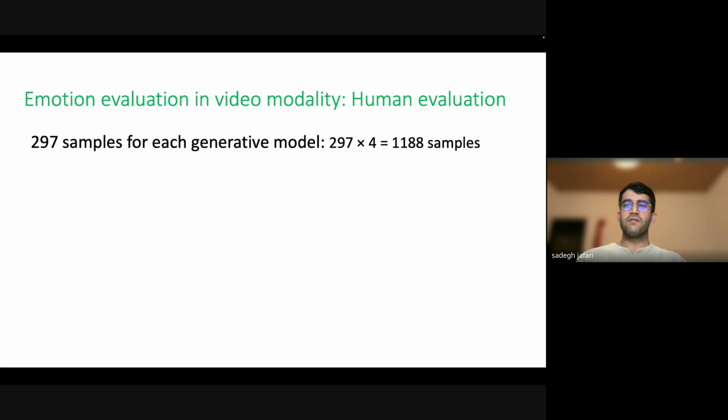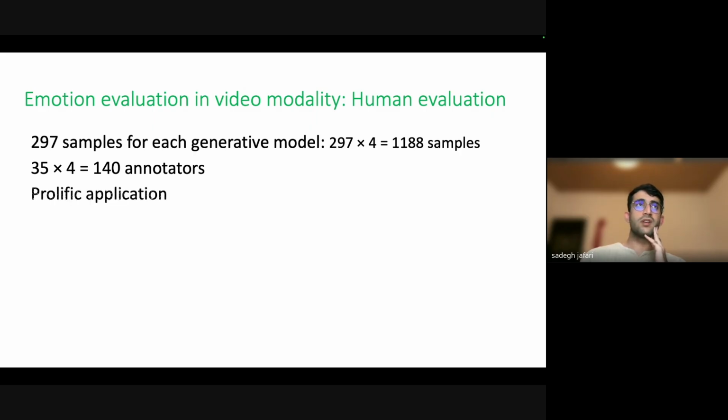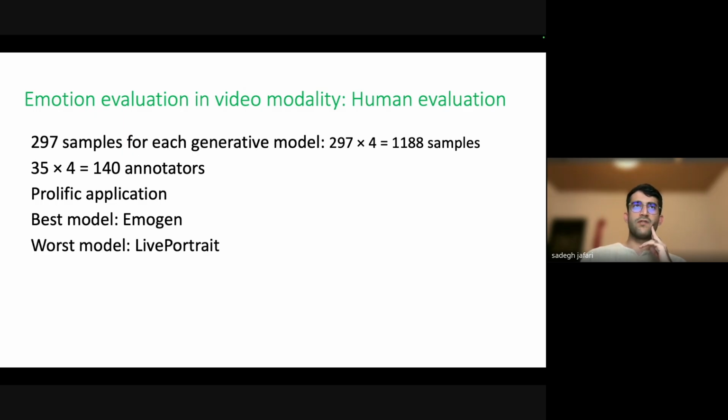Again, we chose almost 300 samples for each generative model. We did it for 4 models, so we had 140 different annotators using Prolific and an application. The best video generation model is Imogen, and the worst one is Live Portrait.